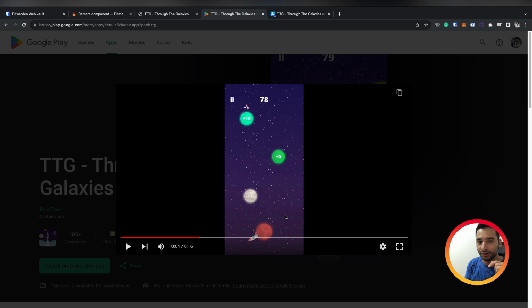When you tap on the screen, it fires toward the planets, and when you hit a planet, camera moves towards the new planet. For example, if I can show you,